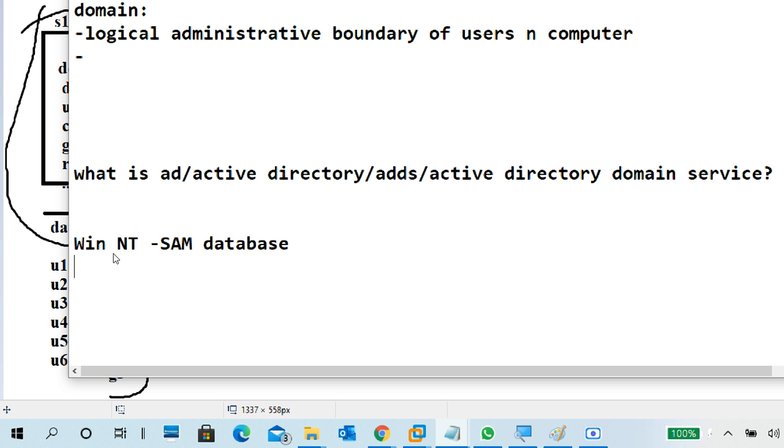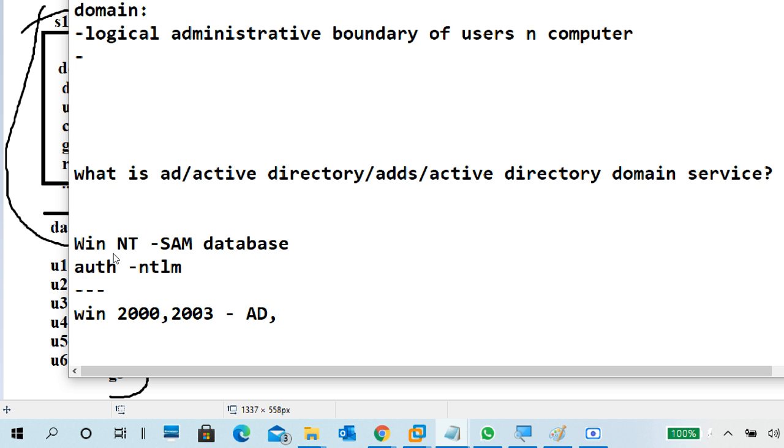And for authentication, that time they are using NTLM. Okay, NTLM, as I remember, LAN Manager something is a new technology LAN Manager. NTLM is their authentication. I don't remember exactly. But in Windows 2000 onwards, 2000 and 2003, the authentication service and all, we call it Active Directory. So people call this one Active Directory.